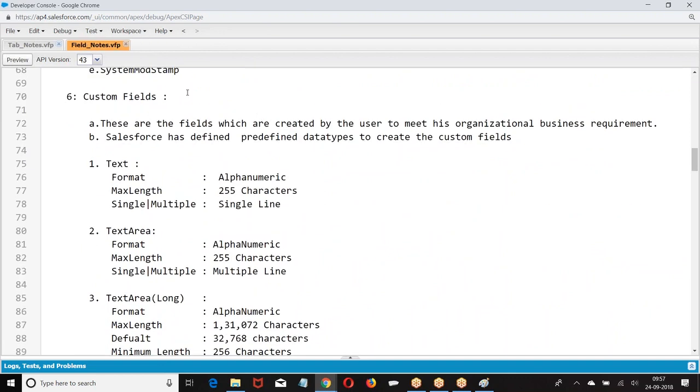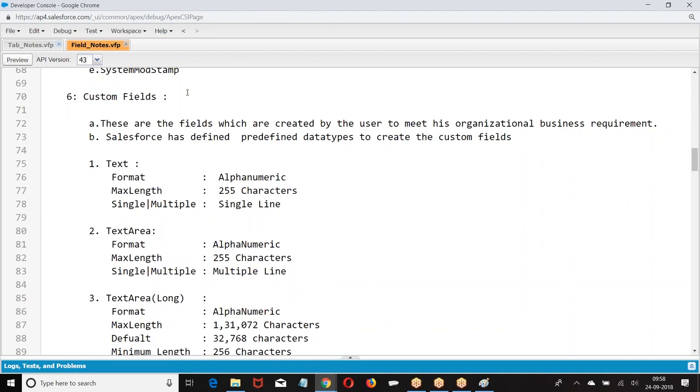Custom fields. So what are custom fields? Fields which are created by the user are called custom fields. Next, the fields which are created by Salesforce are called system fields.